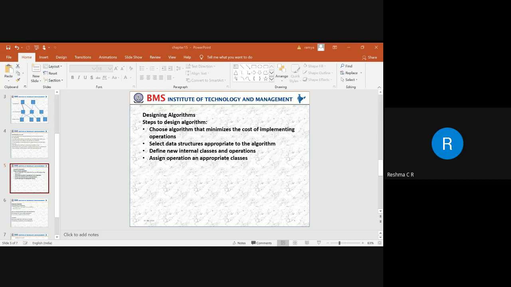And the next thing is assigning the operations to the classes. Whatever classes we have identified, we need to add the operations. How best can we add the operations? To identify the operations, we need to ask some questions. So what are those questions? The receiver of an action. When you say the receiver of an action, whether the object can act while the other object is performing the action. That means whether two objects can simultaneously operate with each other. Whether there are any dependencies, and whether both the operations are associated with each other, has to be taken care of.